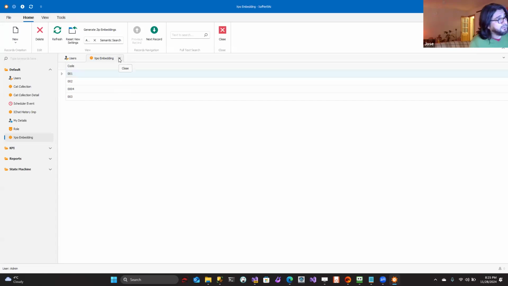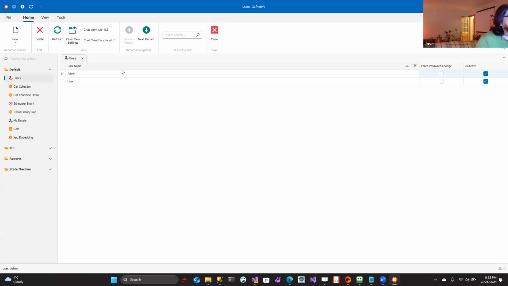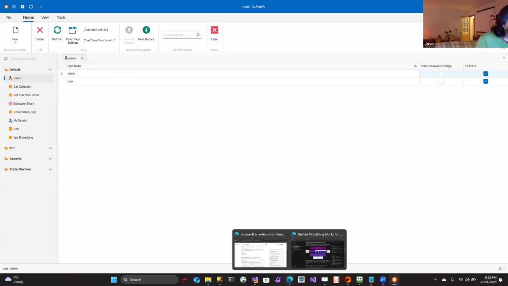So that's everything for the embedding generation. These are several ways to do it. This is the case with the new AI extensions. In Semantic Kernel, you have a lot of ways to do it. So this is not so exciting, but the other ones are really, really nice. So let's go back to the